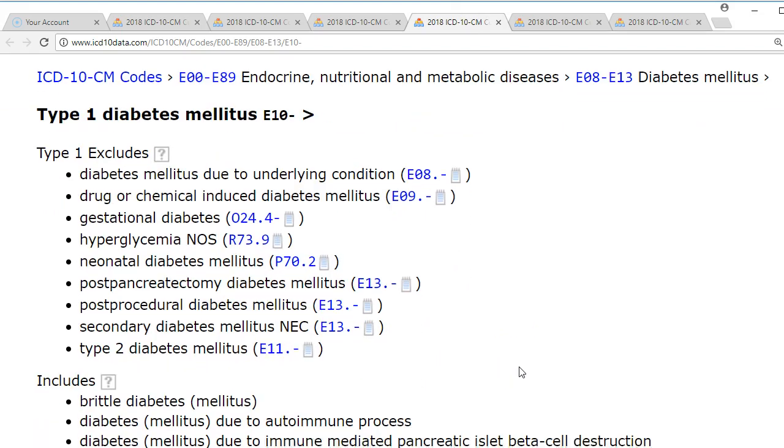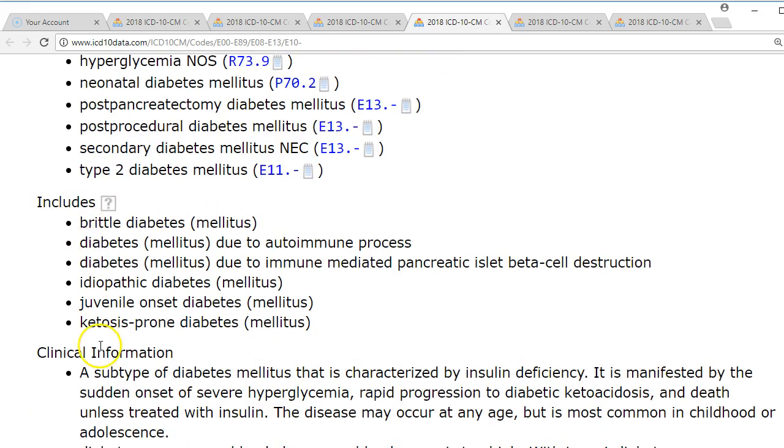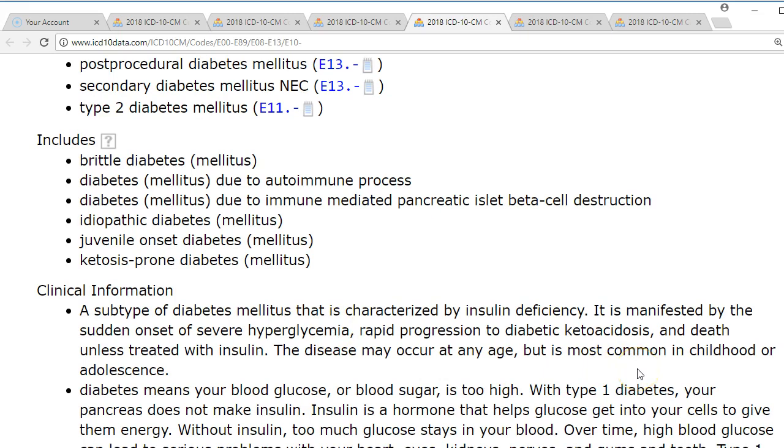Now, type 1 diabetes mellitus includes all of these different terms. They'll call it brittle diabetes, due to autoimmune processes, due to pancreatic islet beta cell destruction, idiopathic, most commonly juvenile, or ketosis prone. So again, type 1 specifically, as it says right here in the clinical information, is an insulin deficiency. Okay, so basically what happens is usually in childhood or in teenage years, the pancreas basically stops being able to produce insulin. And so these are people that are going to have to replace the insulin that their body